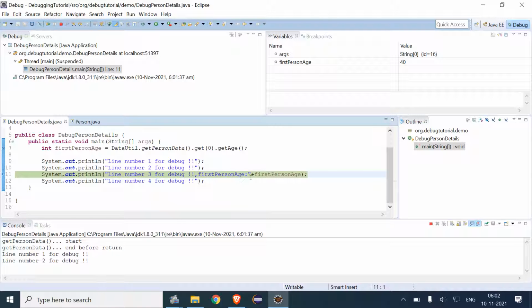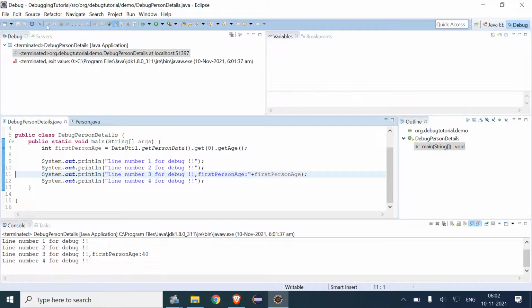So right now it is just printing the first person age, that is 40. And after this, if I resume it, the program will terminate there because it does not have any step left. So right now the program is terminated with the exit value and the output is displayed there. So this is how run to line works.